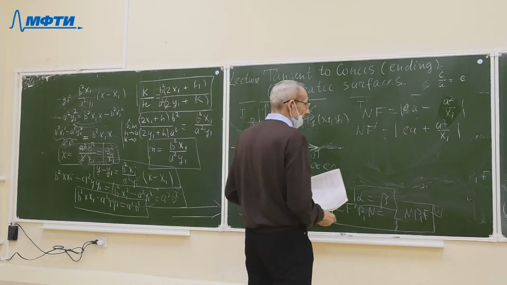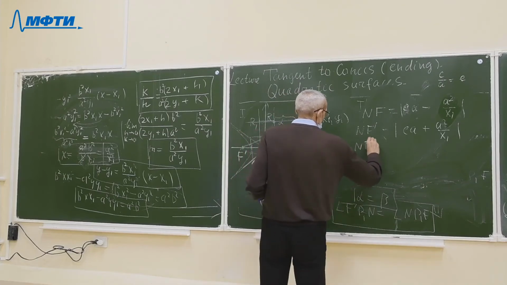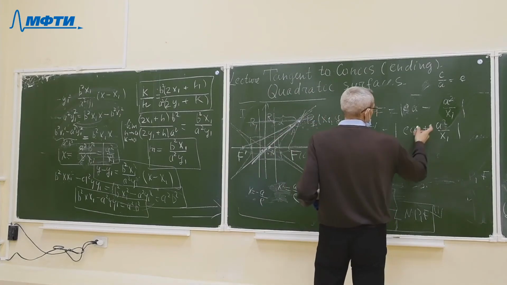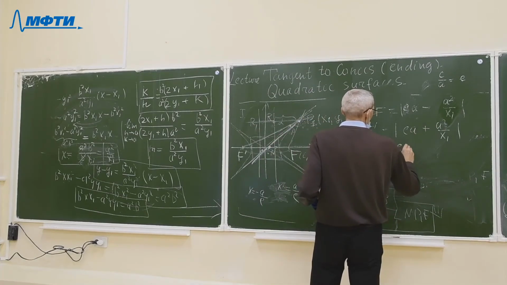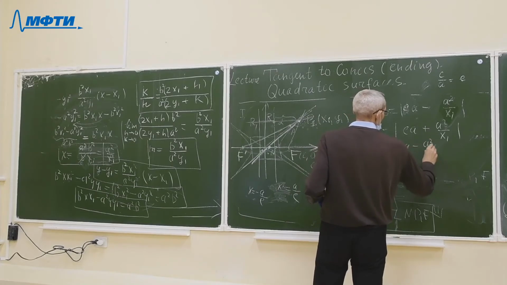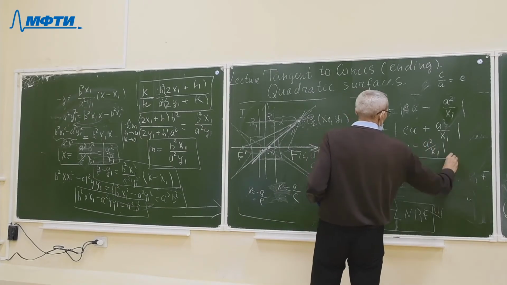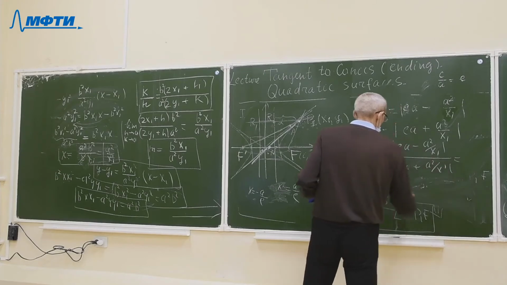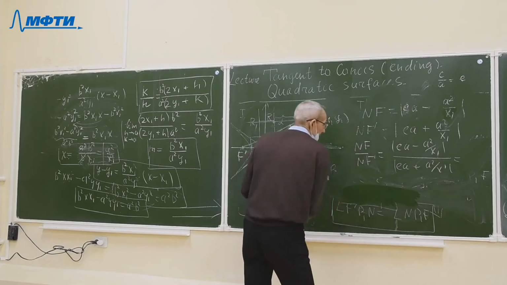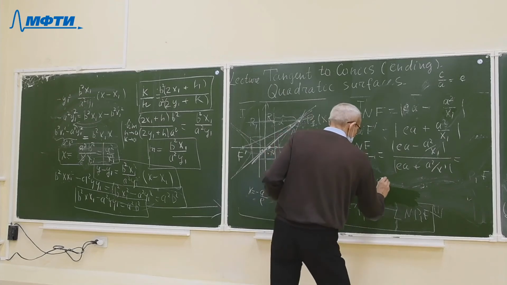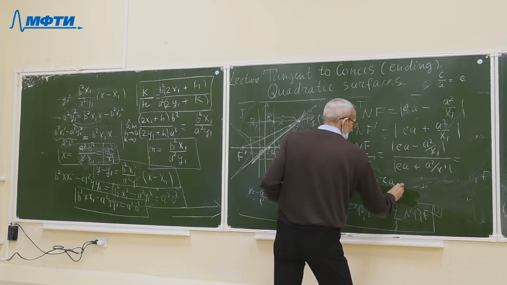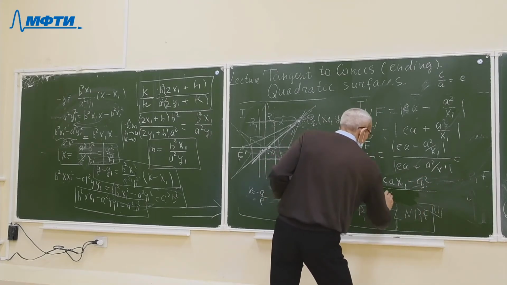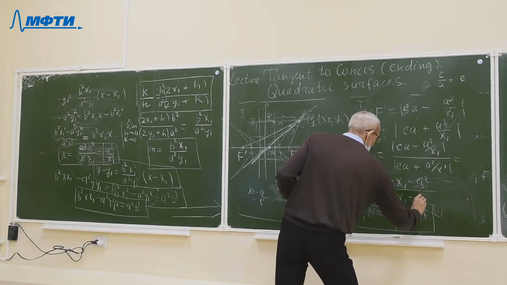And the ratio NF and NF prime is equal to ea minus, and after simple transformation we obtain ea x1 minus a square divided by ea x1 plus a square